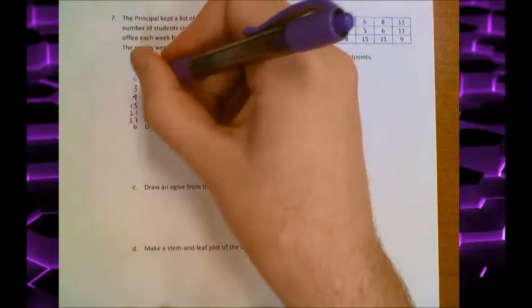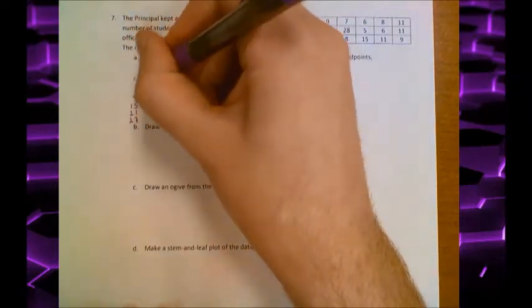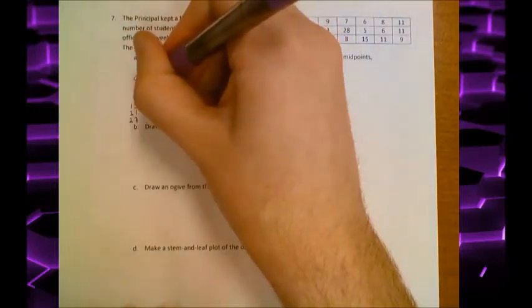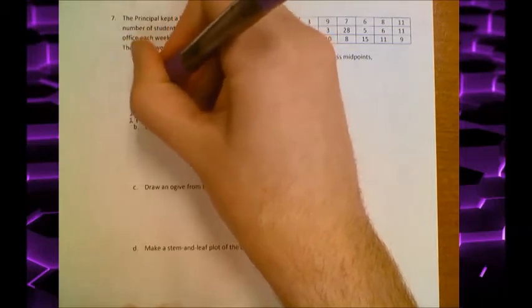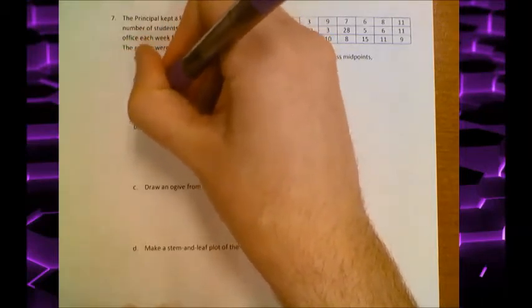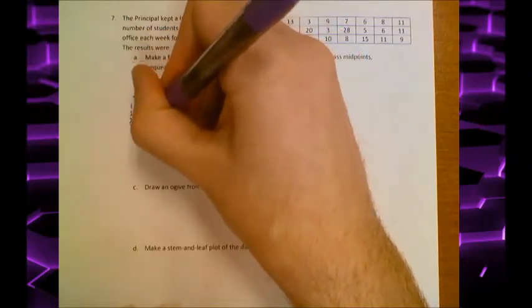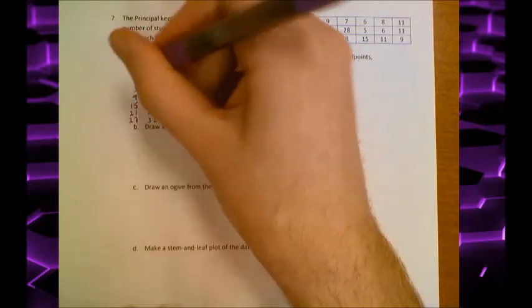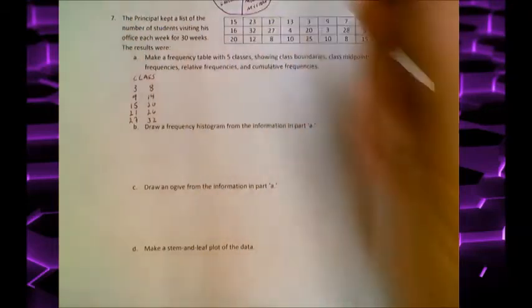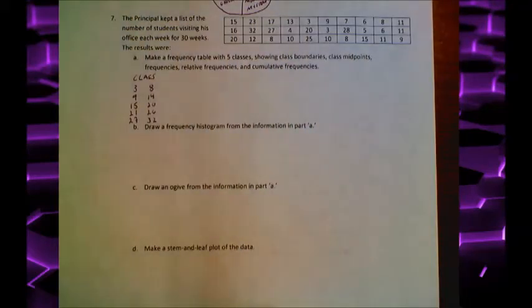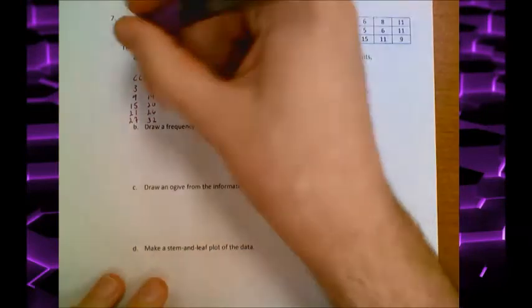So where those go up to, well, this goes up until this one starts, so my nearest whole number to 9 is going to be the 8, and then going to be a 14, and then going to be a 20, and then going to be a 26, and that's going to be a 32, because our pattern is always going up by 6 on this side, as well as going up by 6 on that side for the limits as well. All right, so now that I have those classes,